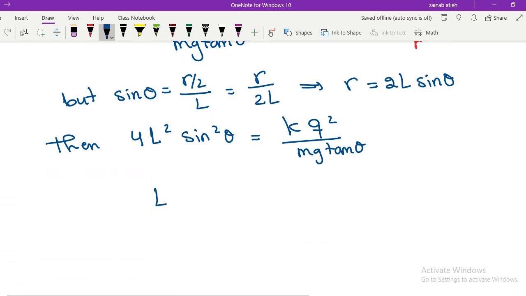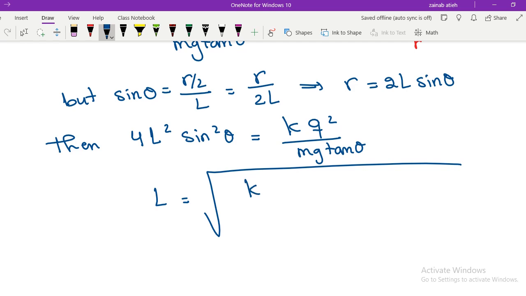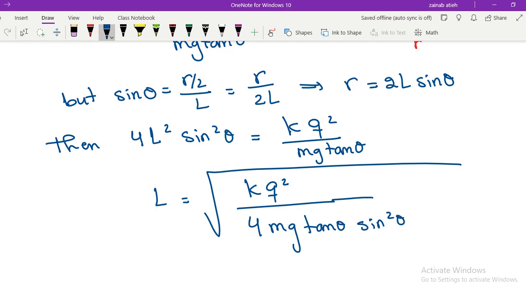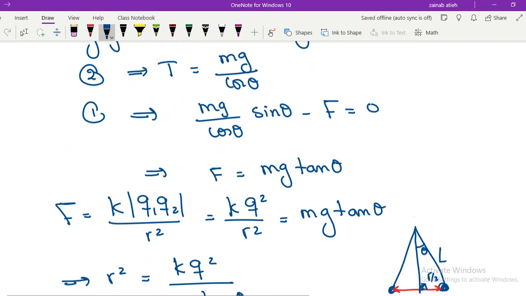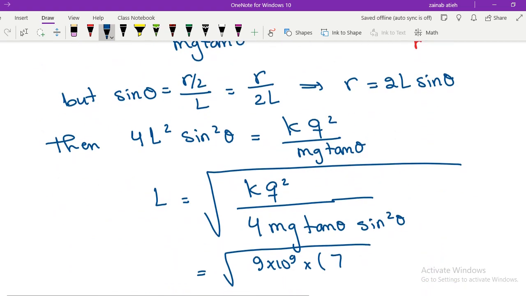So L is equal to the radical of this quantity, which is K Q squared over 4 mg tangent theta sine squared theta. We've got everything. It's equal to radical 9 times 10 to the power 9. Q was given in the problem to be 7.2 nano Coulomb. So 7.2 times 10 to the power minus 9, squared,